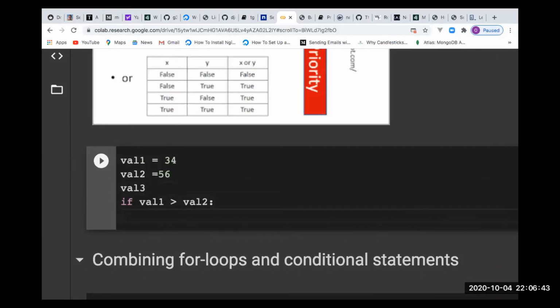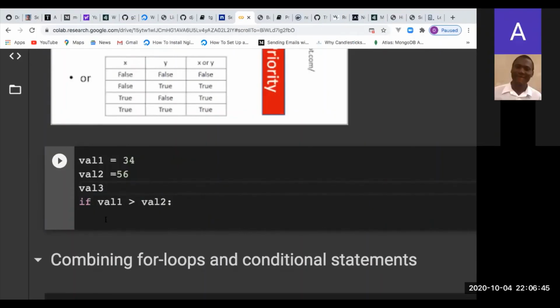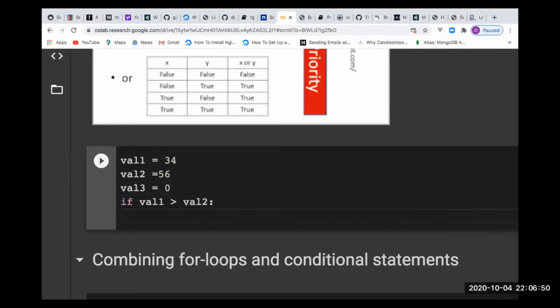This variable 3, let me initialize it to 0. Give it a tab. Then I can say variable 1 plus variable 2 or equals to variable 3,